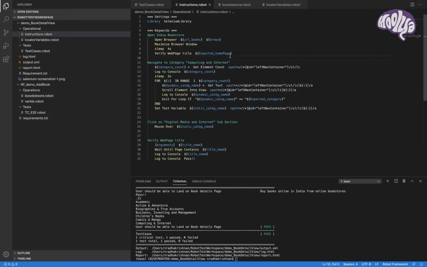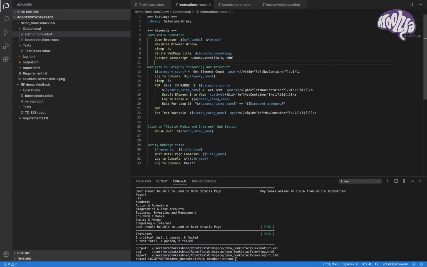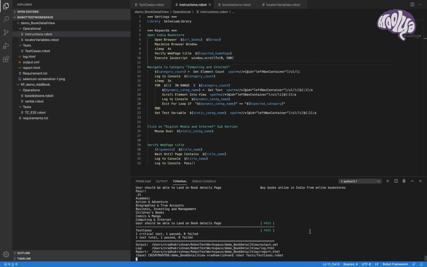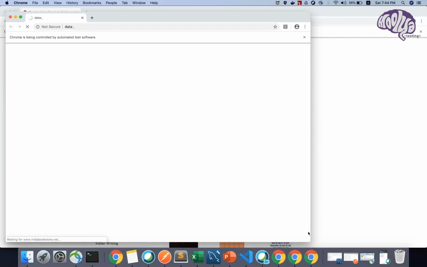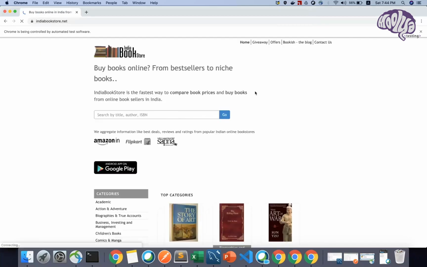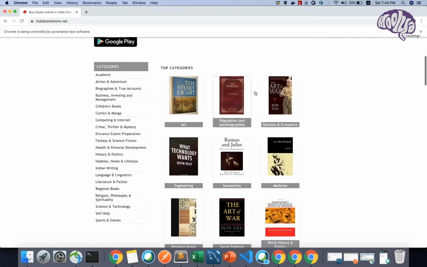After verifying the home page, I'm using this command so that it will scroll a bit up, a vertical scroll. Hold on, maximized. Yes, it's scrolled now. Now you can view the complete page.